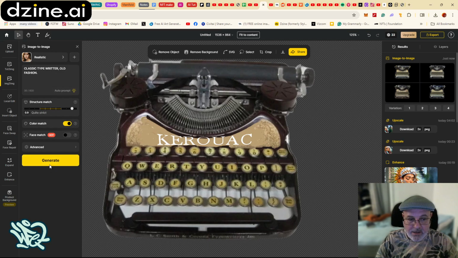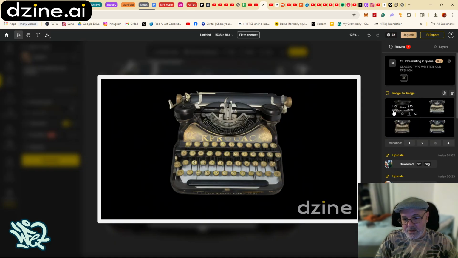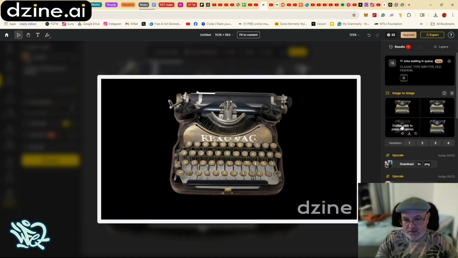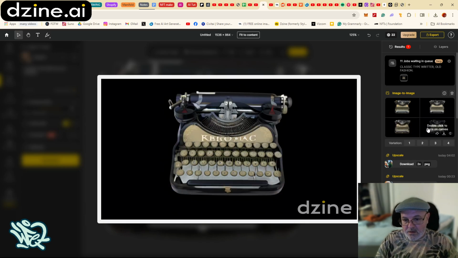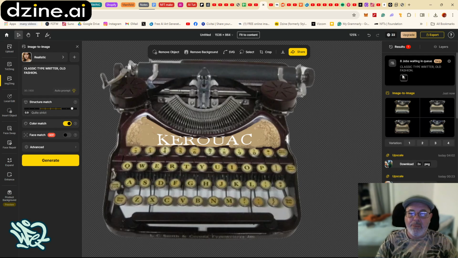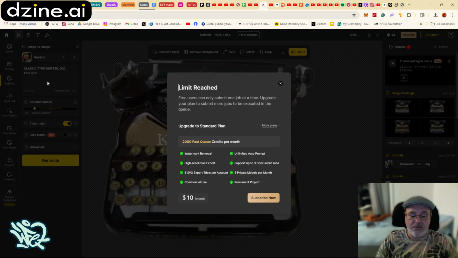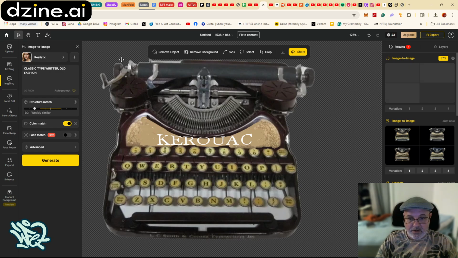I want it to go way closer. I'm going to go again. It's going to unify this all and give us, you see how it tried to make up some fancy little lines? It's given us basically a typewriter with metal objects, and it's not perfect, but it's also because it's sticking to the integrity of what's here. Like if I went, I'm just going to show you, all the way over here is going to give us a completely different type of